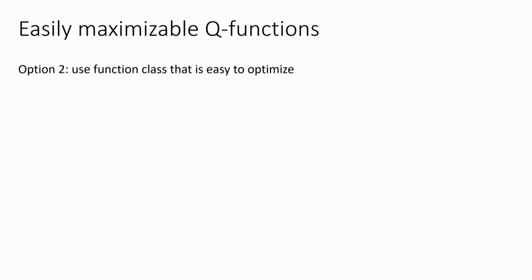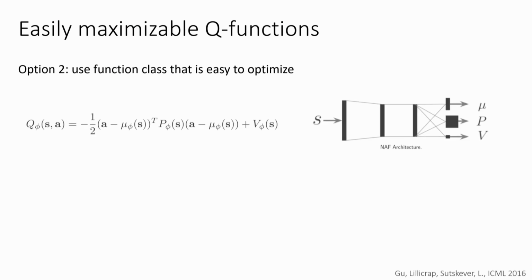Of course, you don't want to have a Q function that's quadratic in the state and action. That would not be very expressive. But if you imagine that you have really complicated states but relatively simple actions, perhaps what you can get away with is a Q function that's quadratic in the actions, but arbitrarily nonlinear in the states. So you can represent your Q function, for example, as basically a quadratic form where the matrix and the vector in the quadratic form are produced by a neural network.